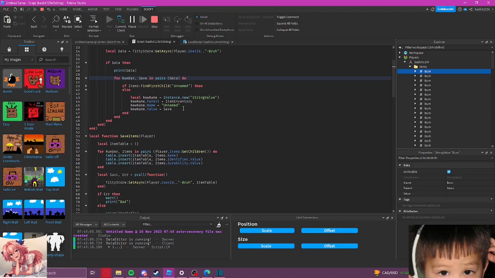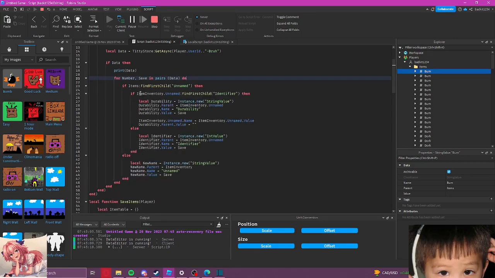It would give it its parent inside of our items folder, and we create its new value inside of here to be what we have inside of our data, because what comes first is the name, then the identifier, then the durability. So we've done the name first, and we're making its value its save name, because we can't name it to its save name yet. So we're just storing this thing right here for later.